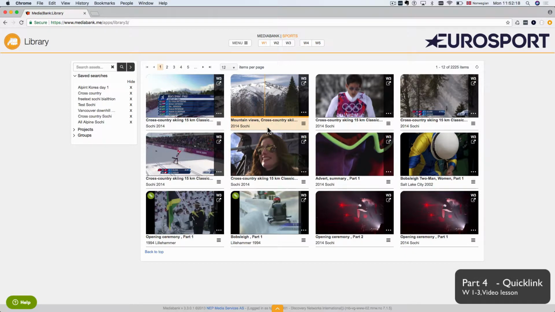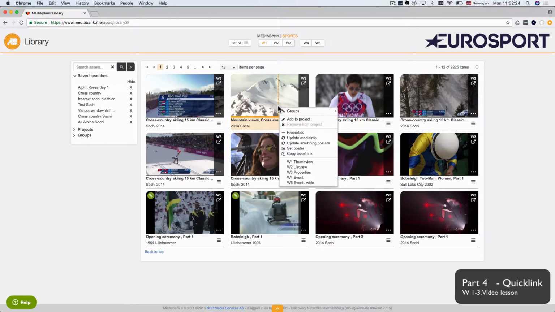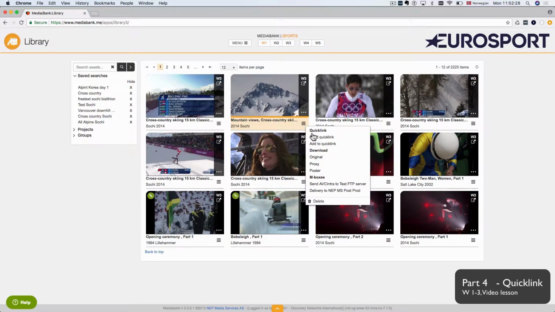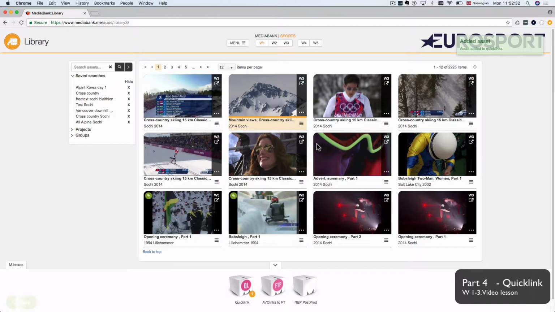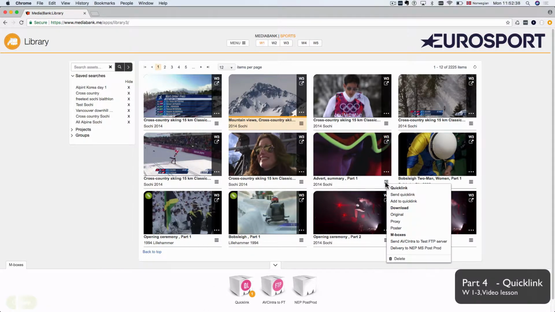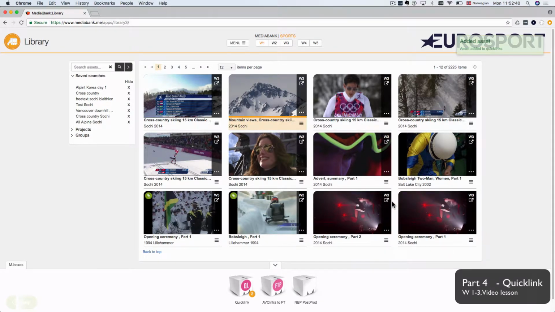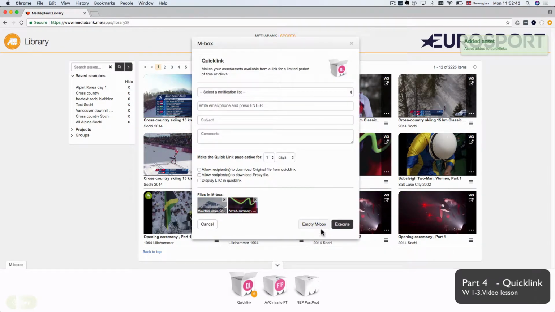Also, I really recommend you get familiar with the Quicklink feature. You can do it by right-clicking here and choosing add to Quicklink or send to Quicklink. If I add this to the Quicklink box, I can simply take that one and this one and say add. And to show you the difference, if I clear this now,